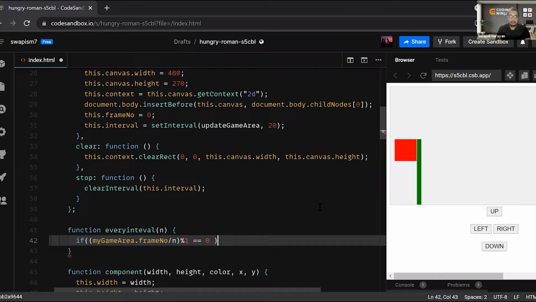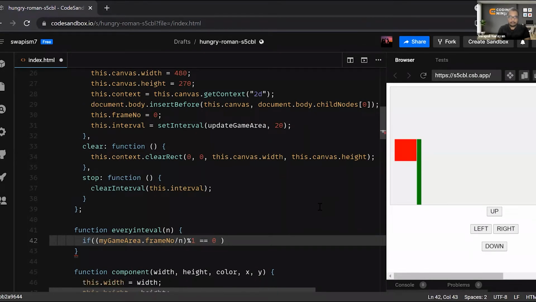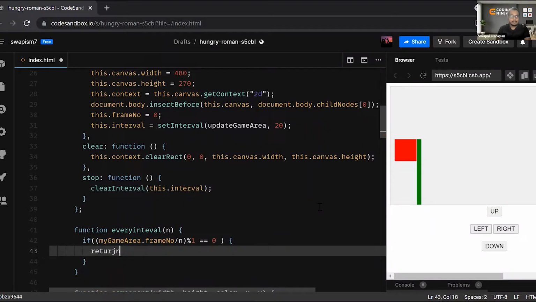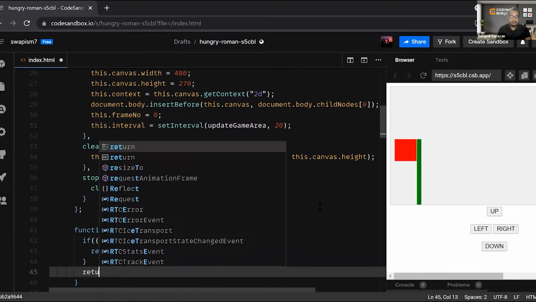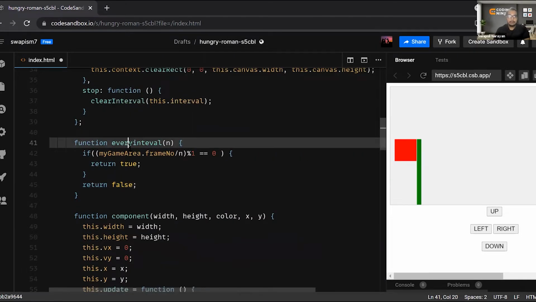This is basic mathematics. I guess this would be a bit complex for you guys to understand, so let me first write this particular thing, and then we will decode what we are actually doing over here. Otherwise, we will simply return false. So it will happen for each and every interval.